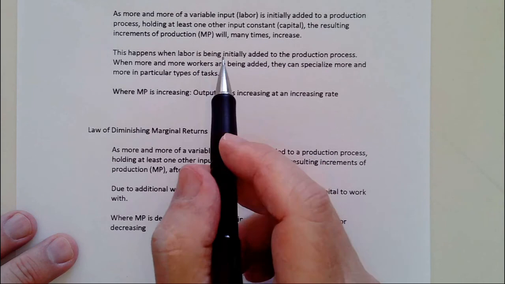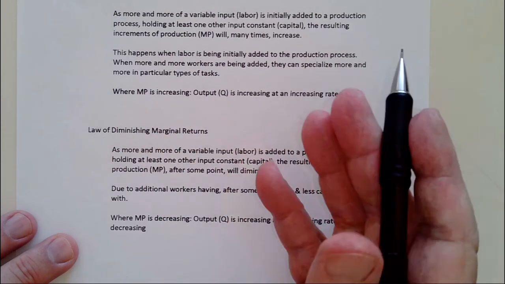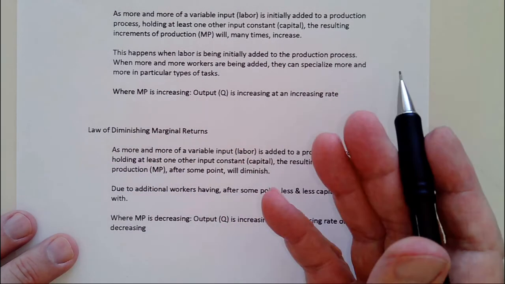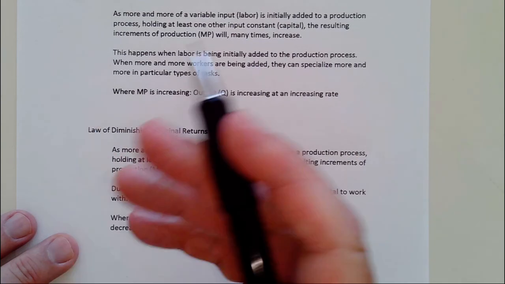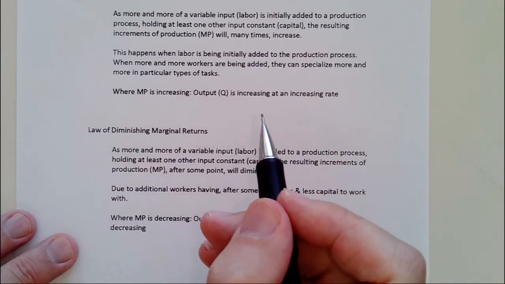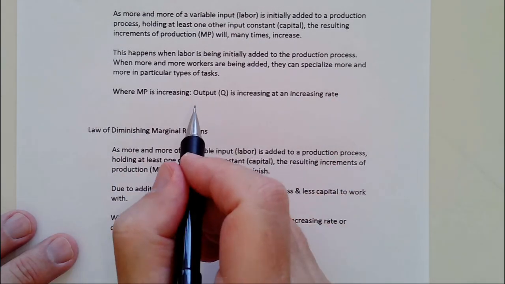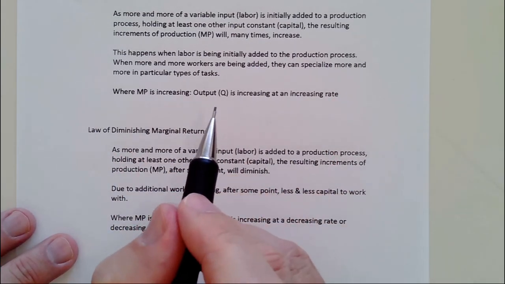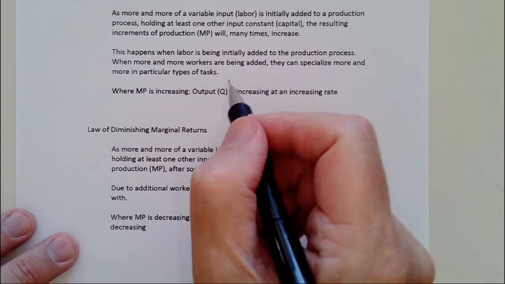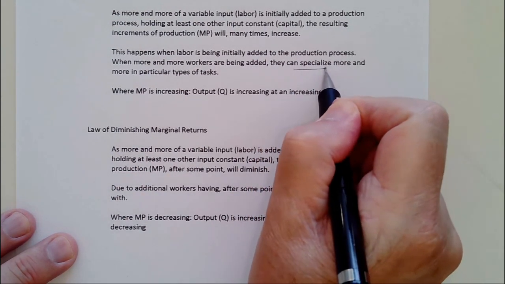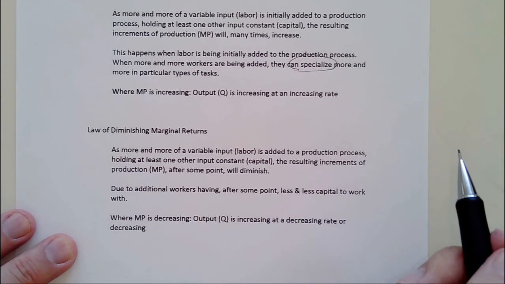One worker can maybe work on the first part of the production of the chairs and pass it on to the second worker. I'll hire a third worker that can specialize even more. One person can sand, one person can assemble, one person can saw. By doing that, you save time from going from one workstation to another. You also become more skilled at what you're doing. And so all these things allow us to specialize more, and that allows production to increase dramatically.